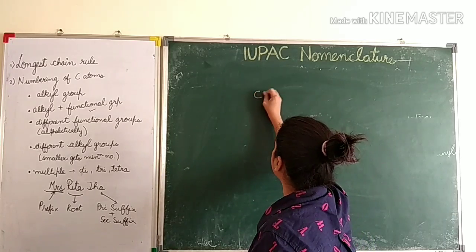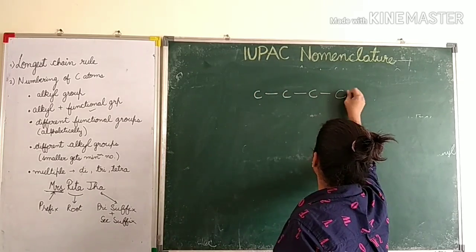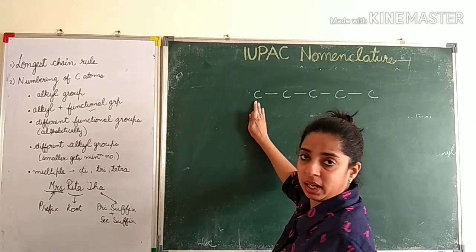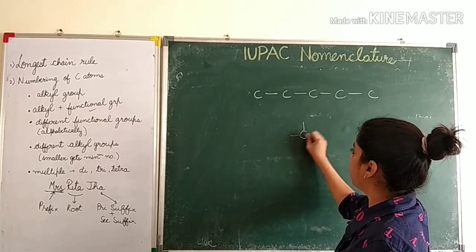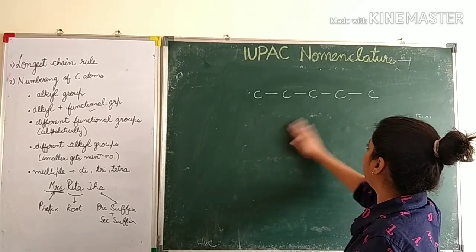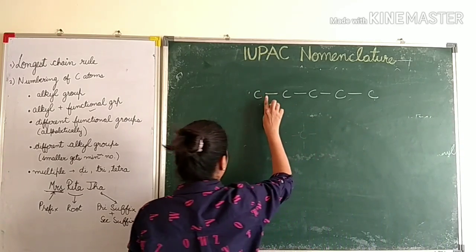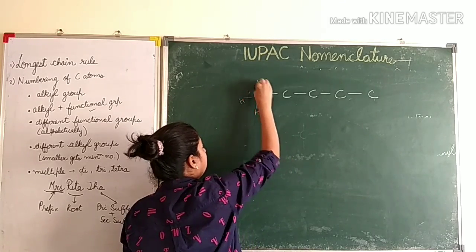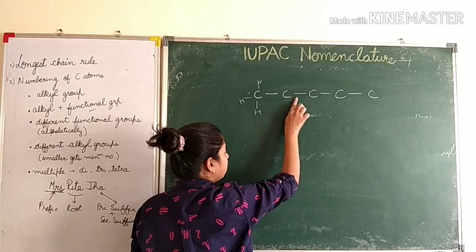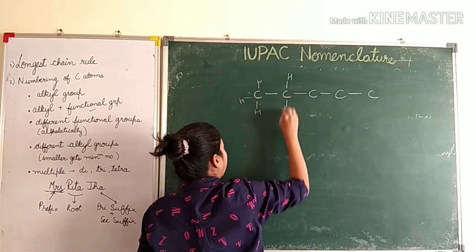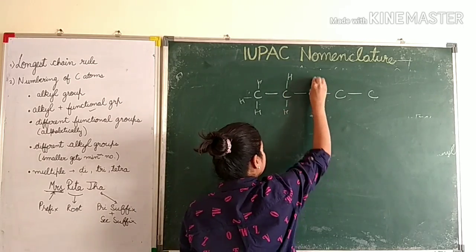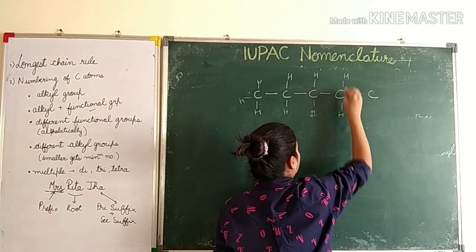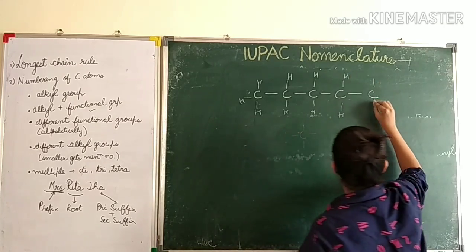Have a look here. Now see, suppose you are given a 5 carbon atom chain. Okay, I will satisfy the valency. Each carbon atom has a valency of 4. So when there is nothing given, सब जगह हाइड्रोजन लगेगा, तो एक satisfy हो गया यहाँ पे. So 3 are left. So you will put H here. Now for this carbon atom 2 valencies are already satisfied. So 2 more. For this carbon atom again 2 are satisfied. So 2 more. Same for this. And for this one only 1 is satisfied, so we will make 3.